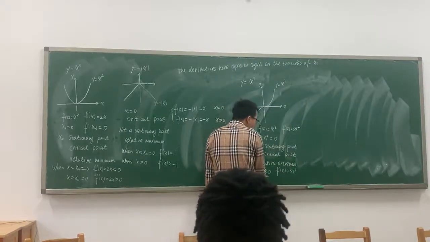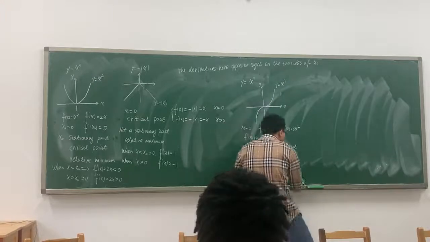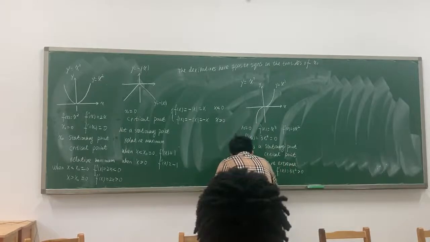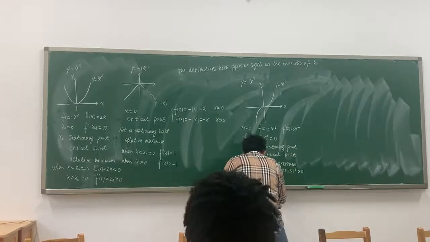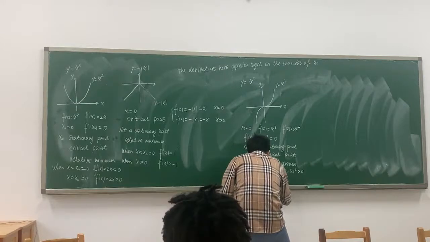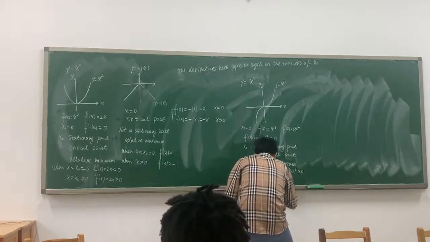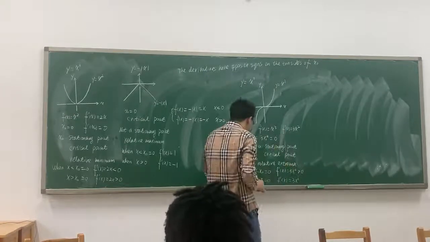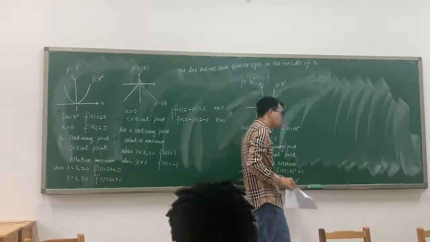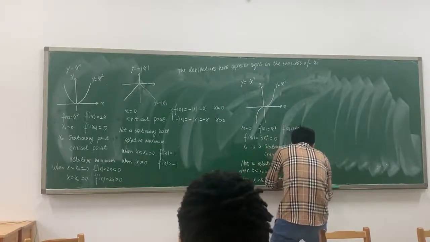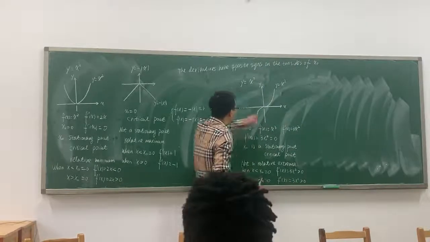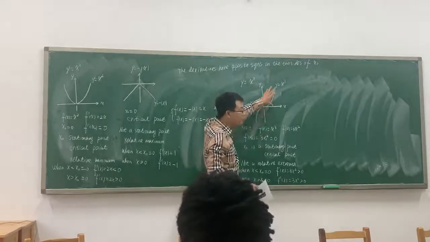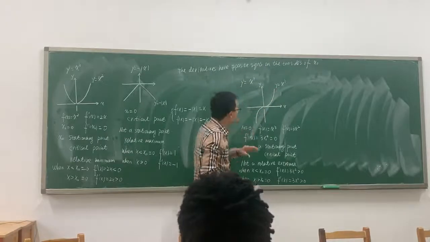When x is less than 0, 3x squared is positive. And when x is greater than 0, we can see f prime of x equals 3x squared, which is also greater than 0, so positive. So at this point, the left derivative is positive and the right derivative is also positive. Okay, so for this function,